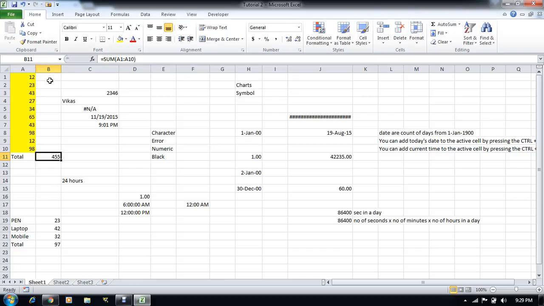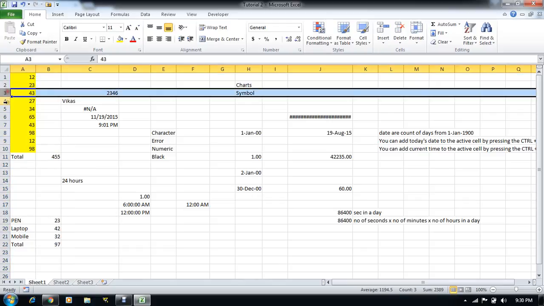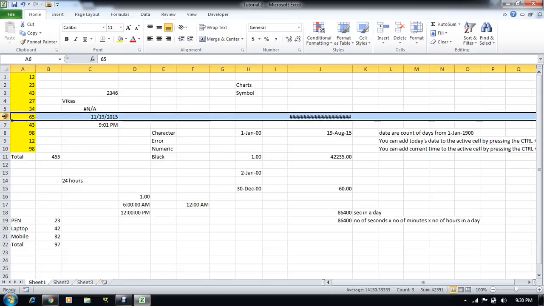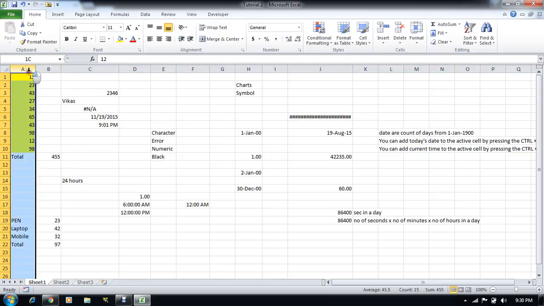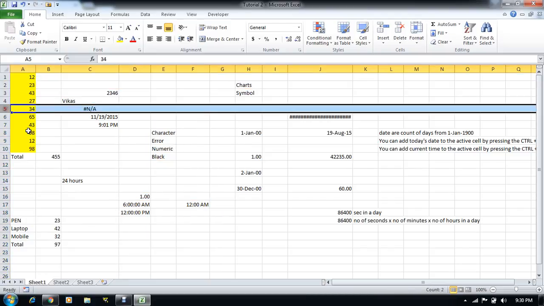Now let me repeat one more thing. This text area, or we can say text box, you can see here white area, it is called the formula bar. So whenever we select any cell, we can see contents of that cell here in the formula bar. And these headers, row and column headers, are nothing but these are called the headings in the Excel. So these are the headings of columns and these are the headings of the rows here in the Excel.